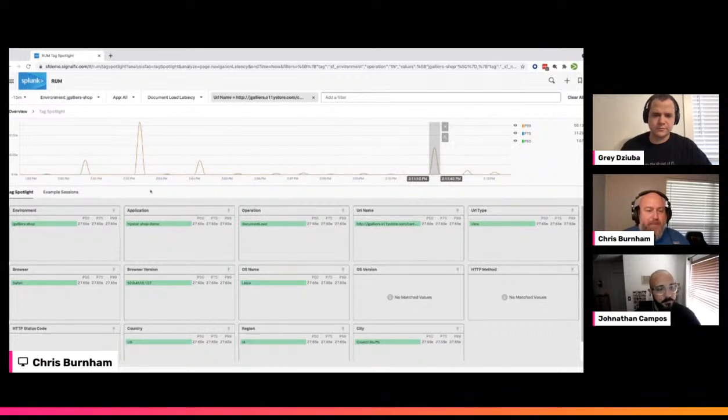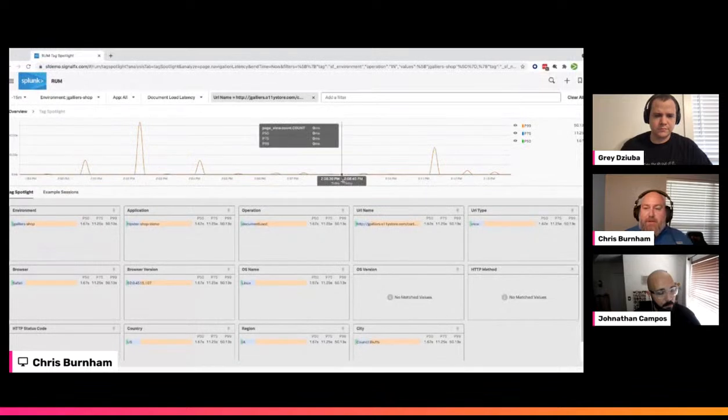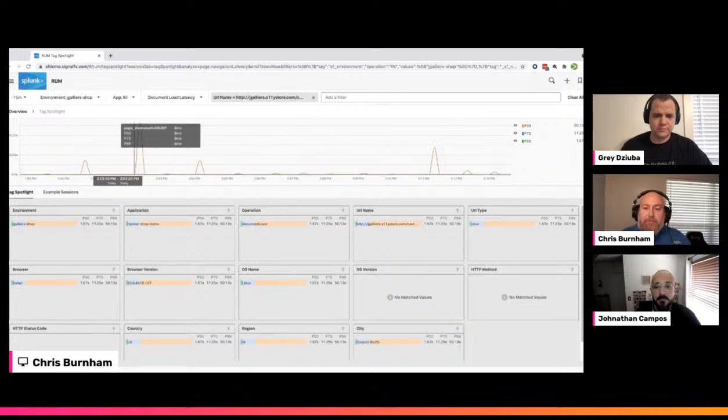So as I drill in and I filter this down, if I had additional tags that were here, they would update automatically for me. And here I can actually show you some examples. If I take this off, now if you look at all of the P50, 75s, and 99s, you see how they're showing individual unique values because it's based on this 15-minute window that I'm looking at.